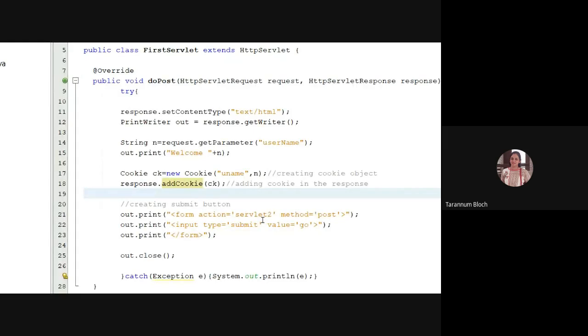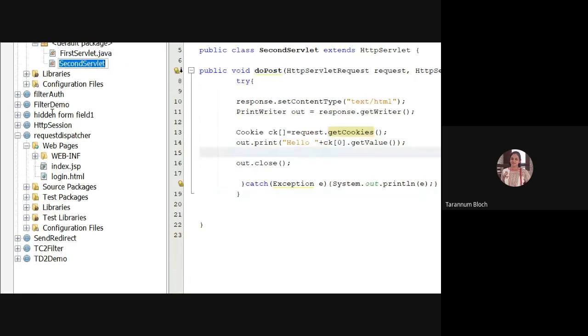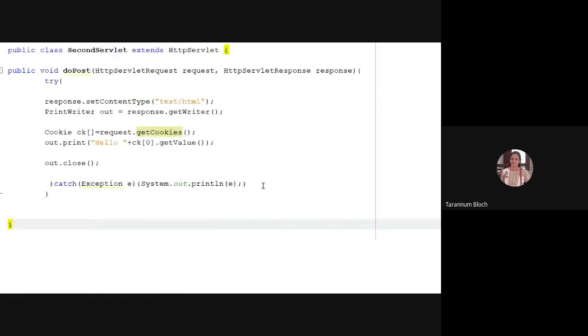And this is the second servlet where we have read the cookies. Any doubt, any query? Anyone? Kindly acknowledge. If you have any queries, you can ask me.